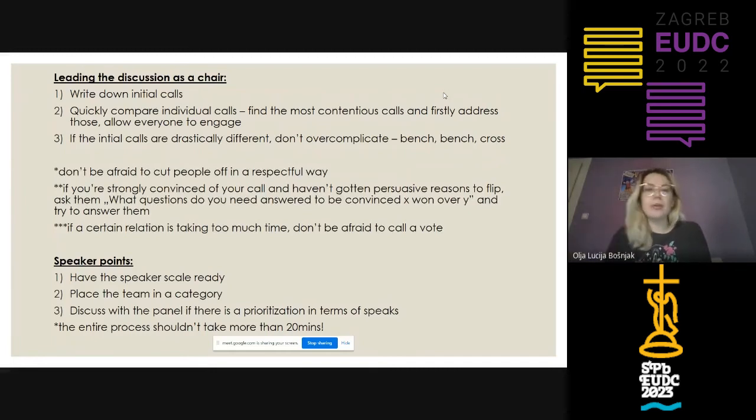Everything goes in the same way that we just discussed. You just write down initial calls, as everyone heard initial calls. And secondly, quickly compare individual calls. So when you look at everyone's, you can sort of see where the most contentious part of the call